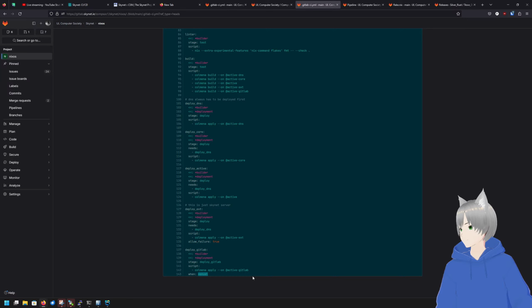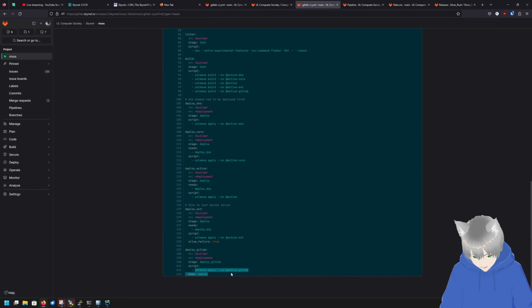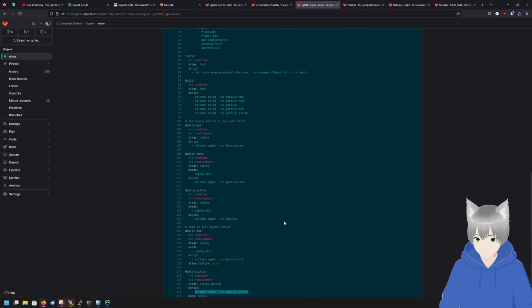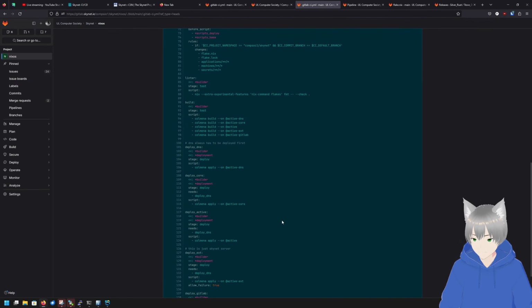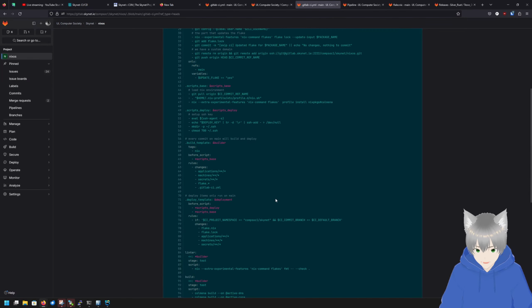But you don't ever want to update GitLab itself automatically. You have to do this in your own terminal at home on your own computer. I'm probably not explaining that too well, but I don't know. I'm tired today, so